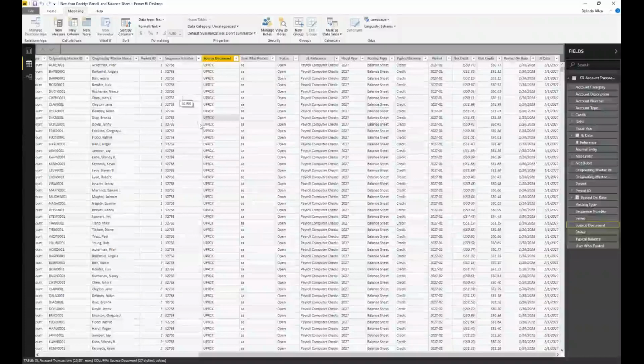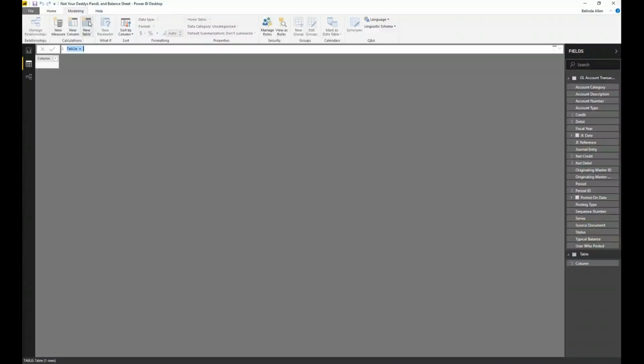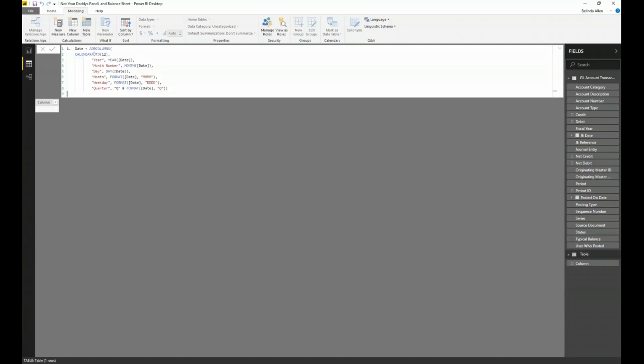And I mean every single day, even if I don't have transactions for it. And to do this, I am going to cheat a little bit here. I've given you guys in the slide deck my formulas. What I'm going to do right on this modeling tab is click on new table, and I'm going to create this table from DAX from scratch with a code. So I'm going to go ahead and just paste that in,